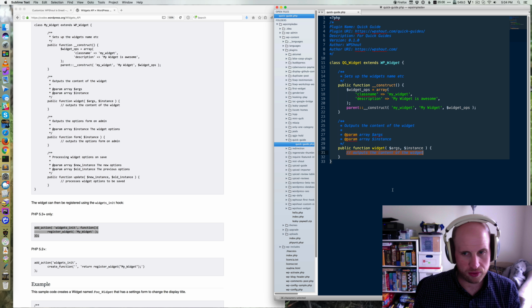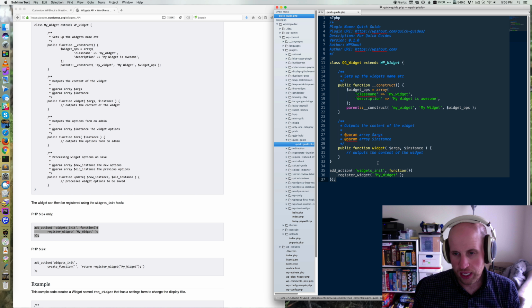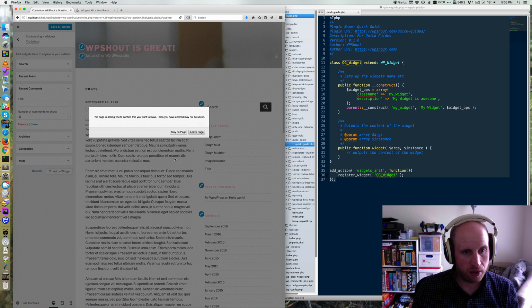I'm going to copy this 5.3 plus version because at this point I feel okay with that. And you'll notice the big thing is that we're hooking onto the widgets init action, and then we're giving a class name to the register widgets function, and I'm going to actually copy the QG widget as the name of my widget. That's the thing that needs to be in sync, is this class name and the class. And with that, if I reload,